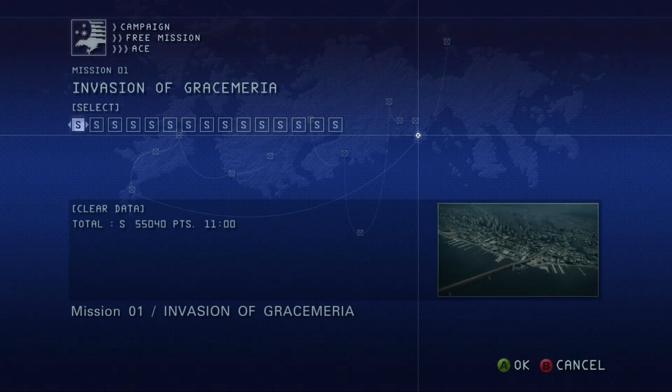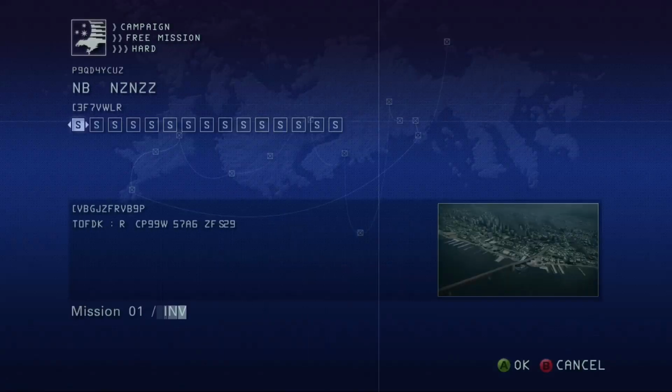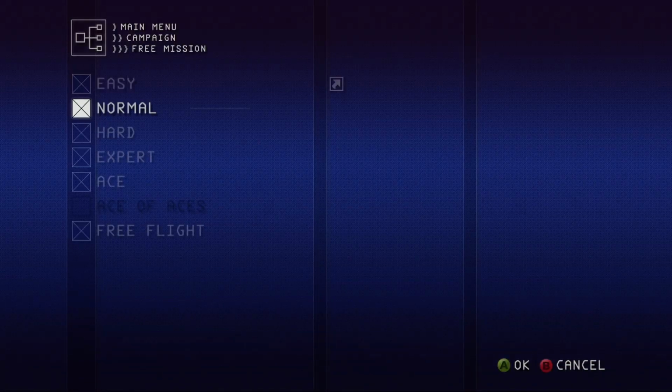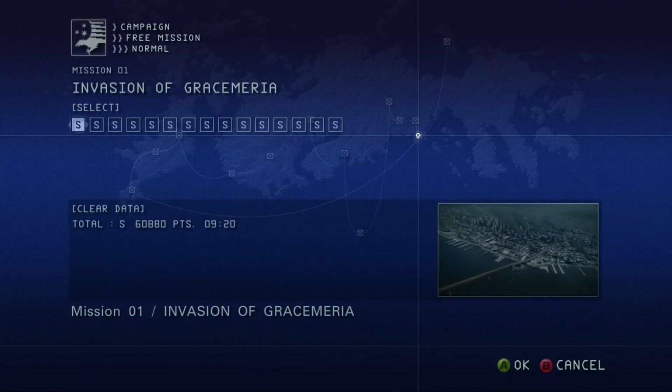Hi, Rick. Here's Ace S's. Expert. Hard. Easy. This is my game, Rick. But anyway,